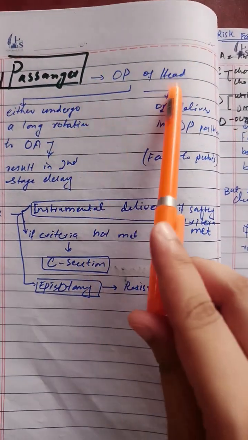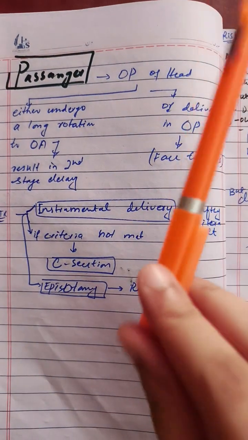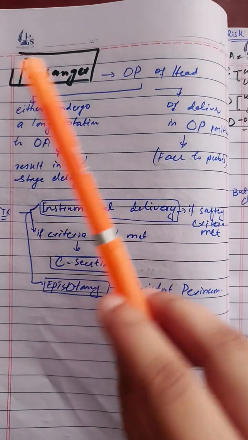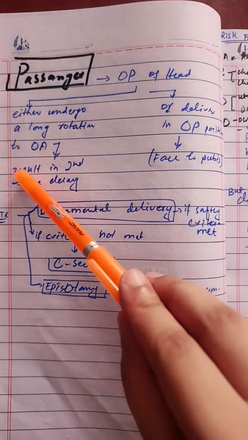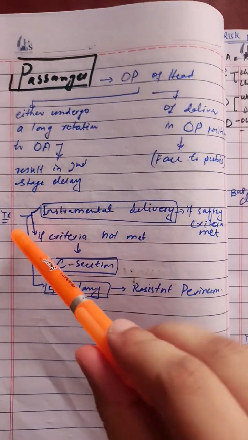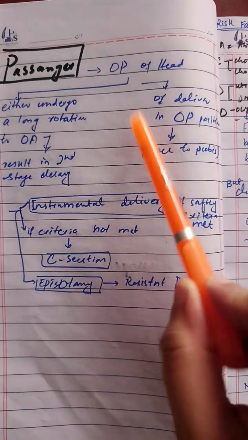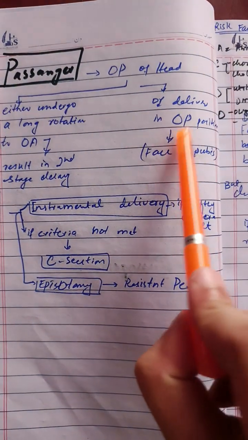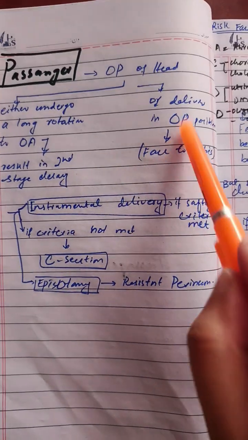If the head is in the occipito-posterior position, that is, if the head fails to rotate to the occipito-anterior position, or takes a long time to rotate to the occipito-anterior position, it can lead to delay in the second stage of labor. Also, if the head fails to rotate and remains in the occipito-posterior position and the delivery occurs in this position,